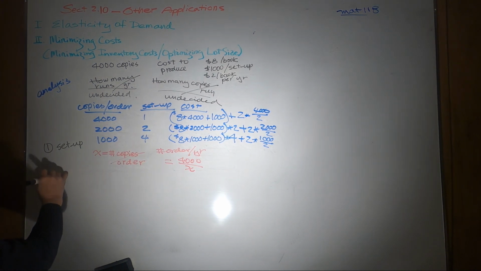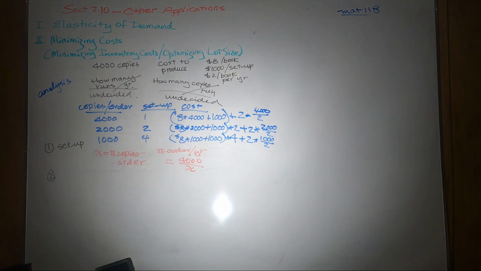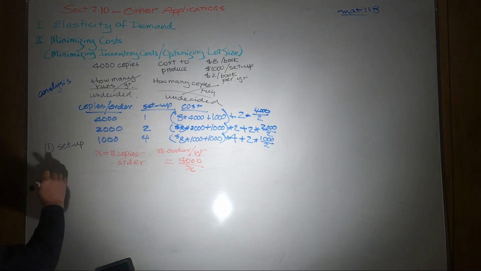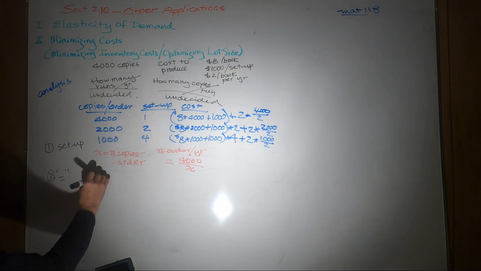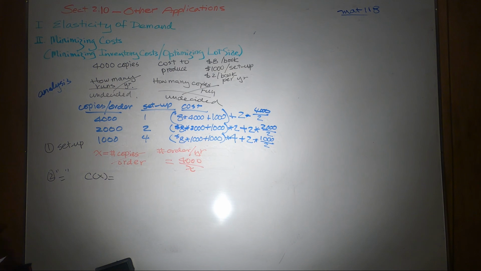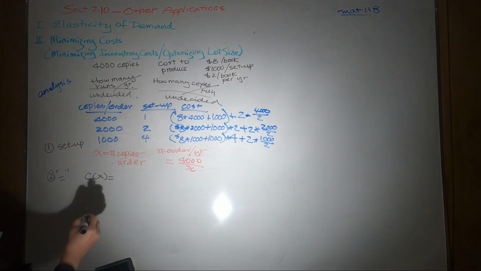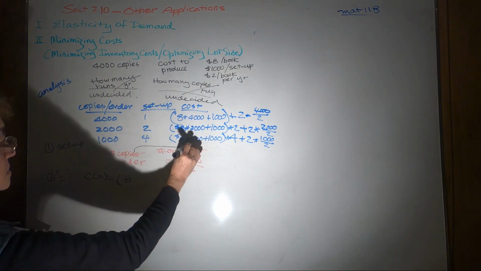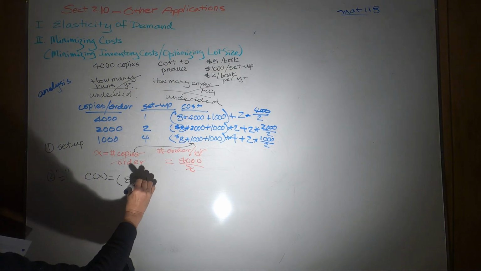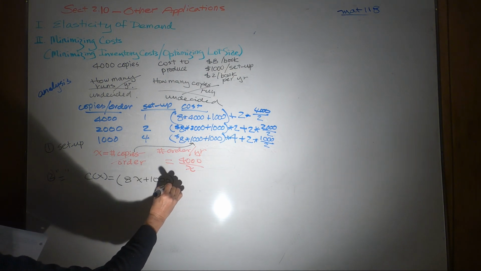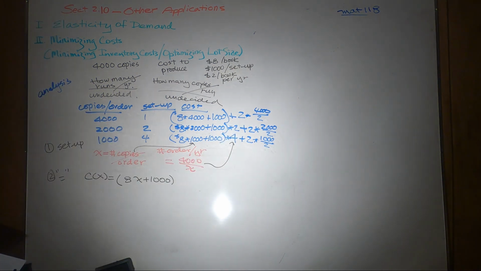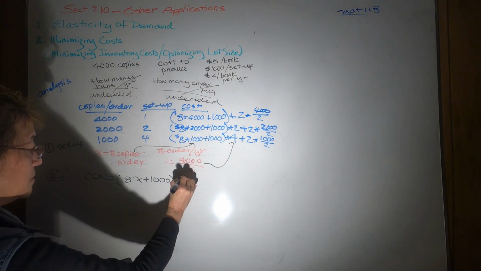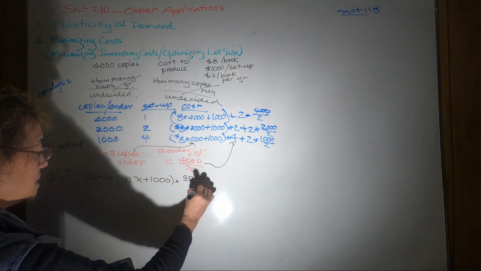X. Then next one, write your equation. Then write your function, right? So it's the cost. What's your cost? That's your cost, right? So that would be what? A times how many per year? That's your X plus $1,000, right? Times how many orders? So that would be that times 4,000 over X,